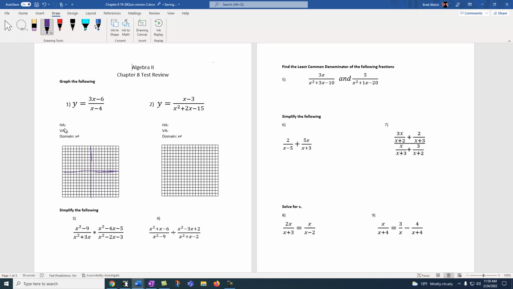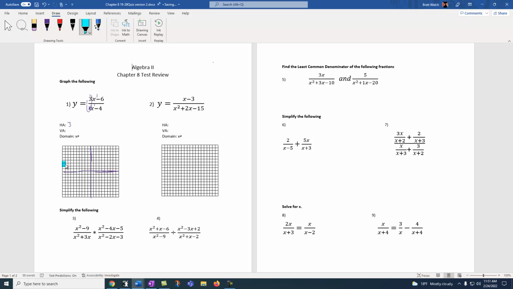as we go to do the horizontal asymptote, we look to see if it's bottom heavy or balanced. This is an x to the first over x to the first. That makes it balanced, so I look at these leading coefficients right through here. I've got a 3 over 1x, which makes my horizontal asymptote be at 3. So if I were to grab up here at 3, so I've got up 1, 2, 3,